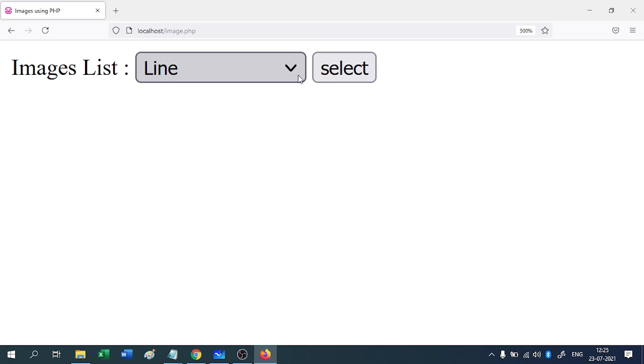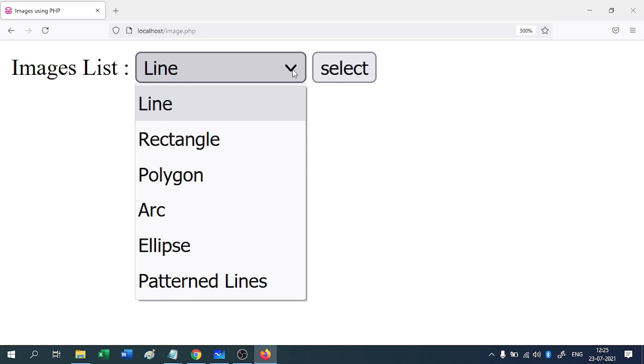See here, in the HTML file we have only a drop down list, then one button. The values displayed are line, rectangle, polygon, arc, ellipse, then pattern lines.